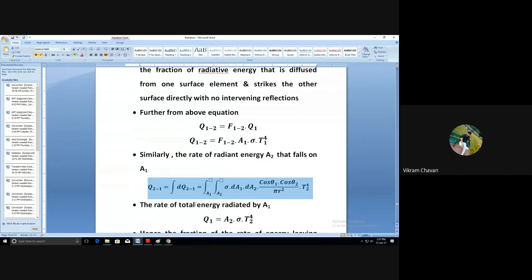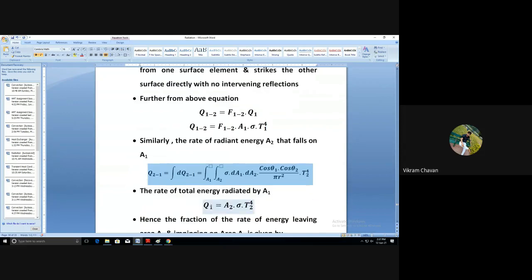Okay, this is the amount of radiation emitted in a particular direction where the another body is placed. Okay, and how much total amount of radiation emitted by that particular body 2. So that will be equal to q2, that we have to consider as q2. q2 is equal to a2 multiplied by sigma multiplied by t2 raised to 4. So this is according to the Stefan-Boltzmann law, that is radiation emitted in every direction from the diffused surface.